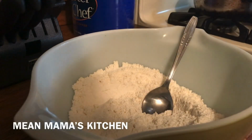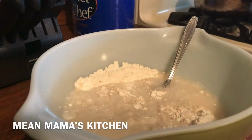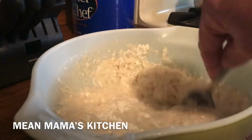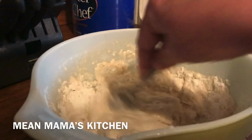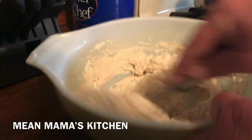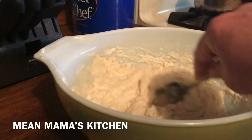Okay, today we're going to make a bread. I have 1 1/4 cup of flour in this bowl. I have 2 1/4 teaspoons of yeast, but you could use one package of yeast. 1 teaspoon of salt, and I used 1 cup of very warm water. And I'm going to stir this, and I will take a 2nd cup of flour and begin to add more